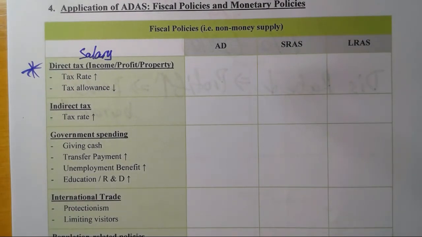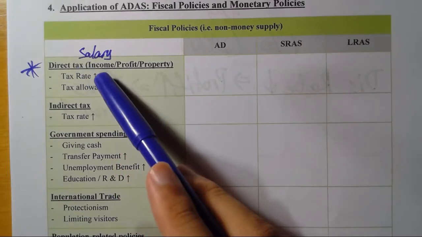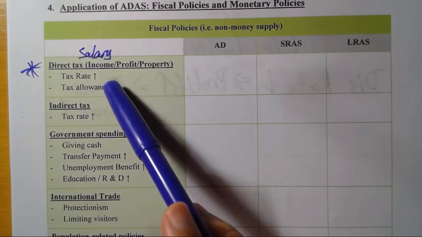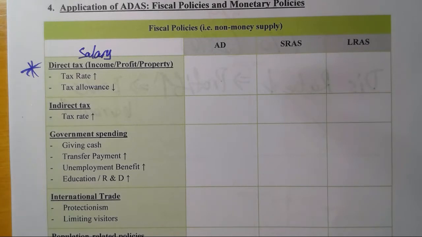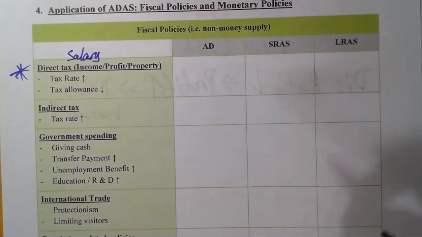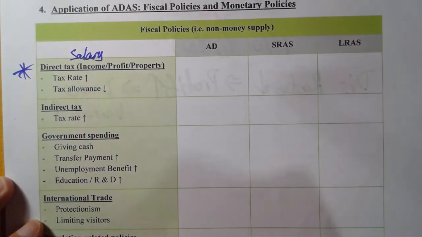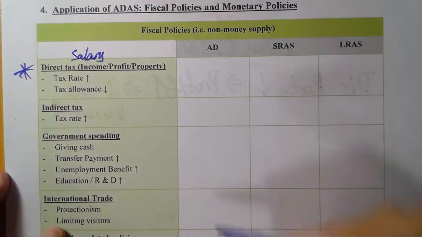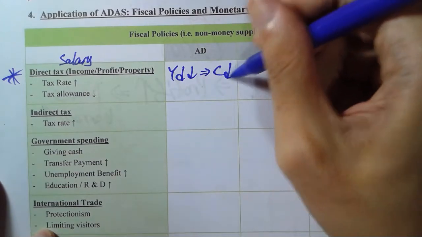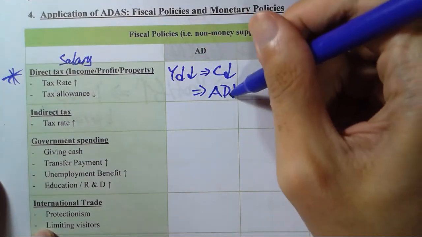Okay, now for simplicity reason, I only give you tax rate increase or tax allowance decrease. Allowance meaning 免稅額係嘛？So if the allowance is lower, you need to pay more tax. Now for simplicity, I only go in one direction, but obviously you can just reverse all the things we learned, right? Now here first, when tax rate is higher, what happens? What happens is, let's say salary tax. 即係咩意思啊？返工少咗錢咯。